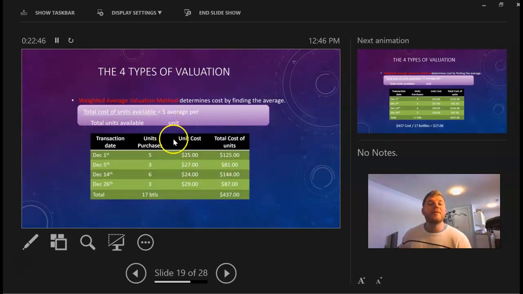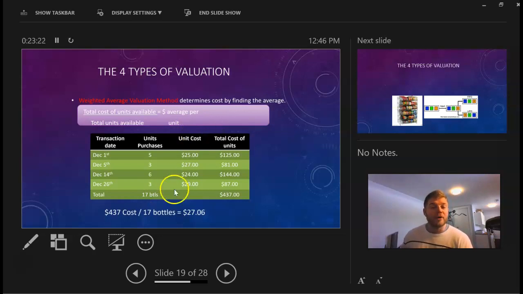Now, so then we look at weighted average. So the first one is actual price. Virtually never used. You don't really need to worry about it. It's just the actual price of each individual item. The next one is the weighted average valuation. Basically what we're going to do is find the average that we spent per bottle. So we have all these different unit costs here. What you do is you take the total cost of units available, 437, divided by the total units available, 17 bottles. $437 divided by your 17 bottles. On average, it's